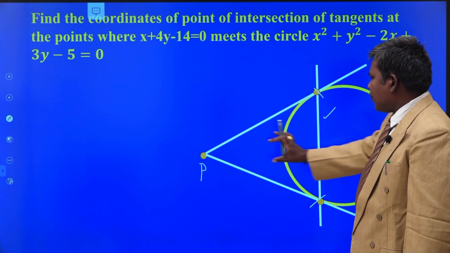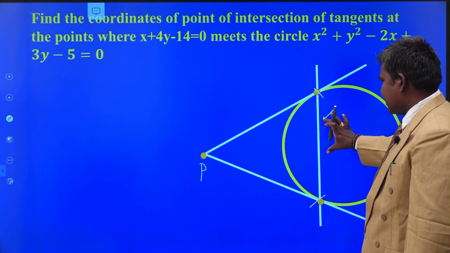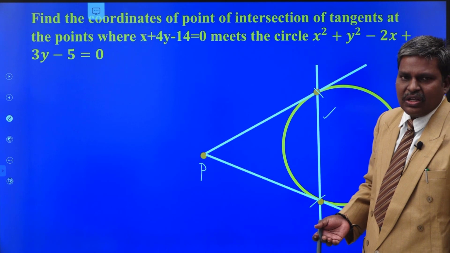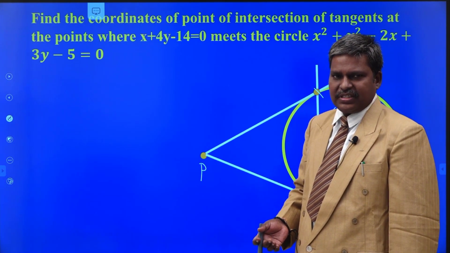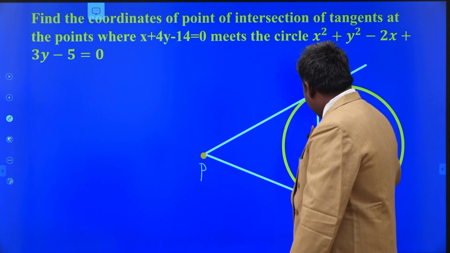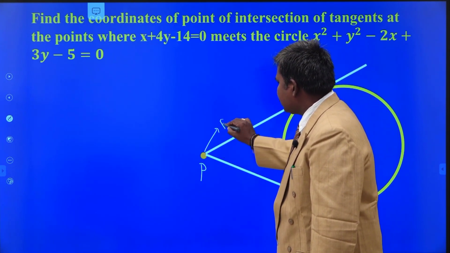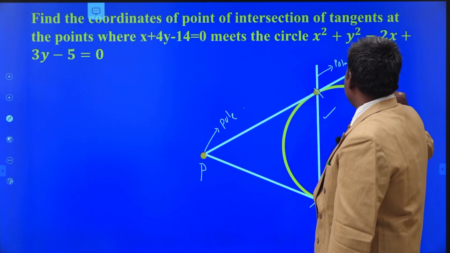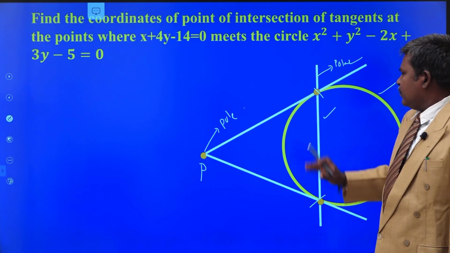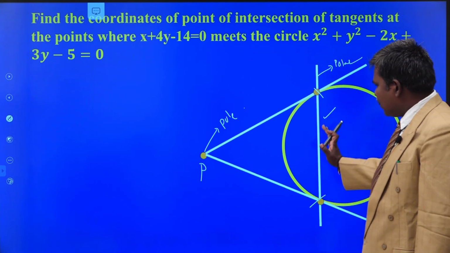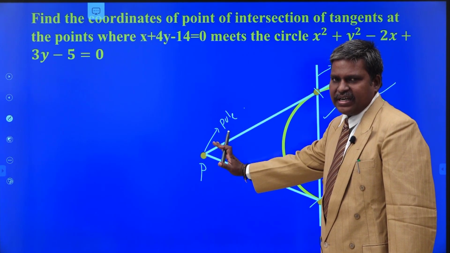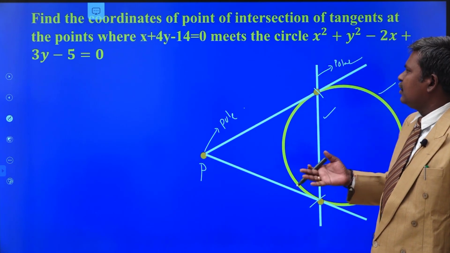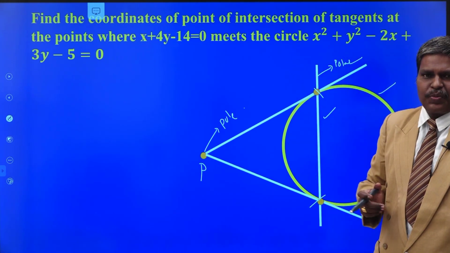Dear students, your point is outside of the circle. This chord of contact is the polar of that point P, or not? Your point is outside of the circle, so your polar coincides with the chord of contact of the circle. When it is polar, this point becomes the pole of this polar with respect to the circle. That is the idea. When it is chord of contact, it becomes the polar to this point because the point is outside of the circle. When it is polar, the corresponding point becomes the pole. So we have the line, we have the circle. Can you find the pole in the same manner or not?